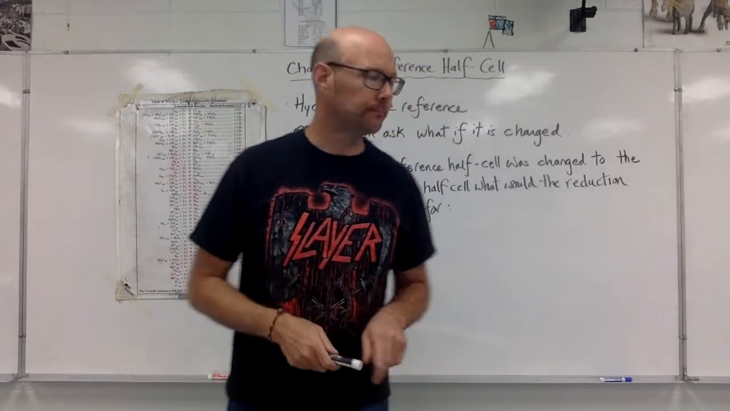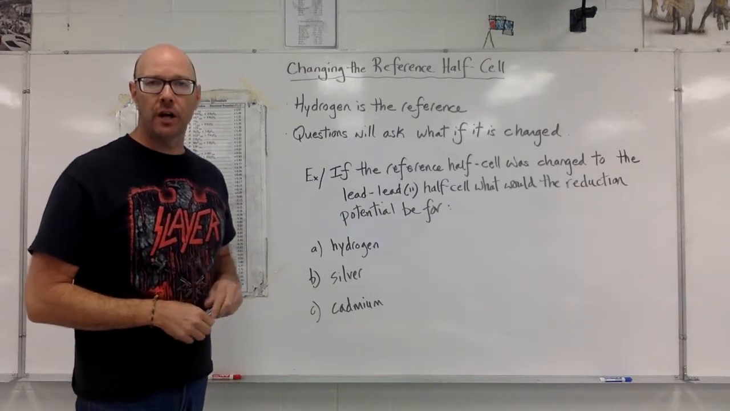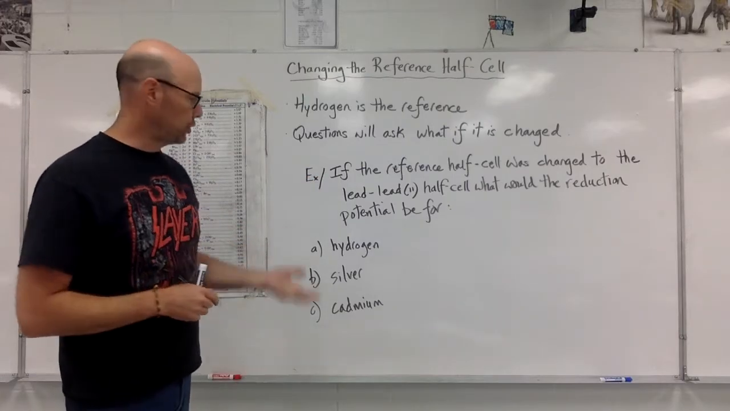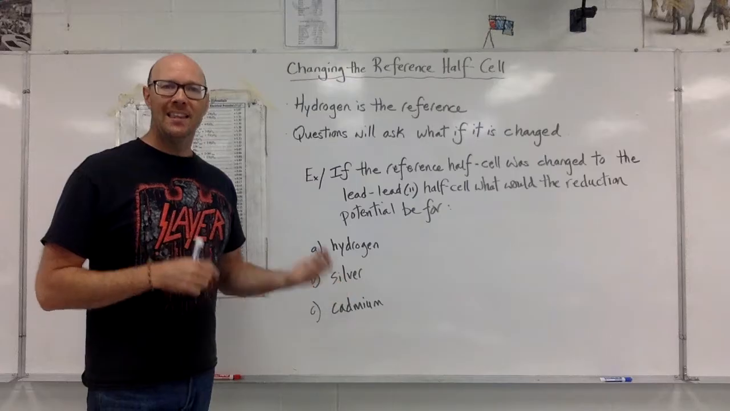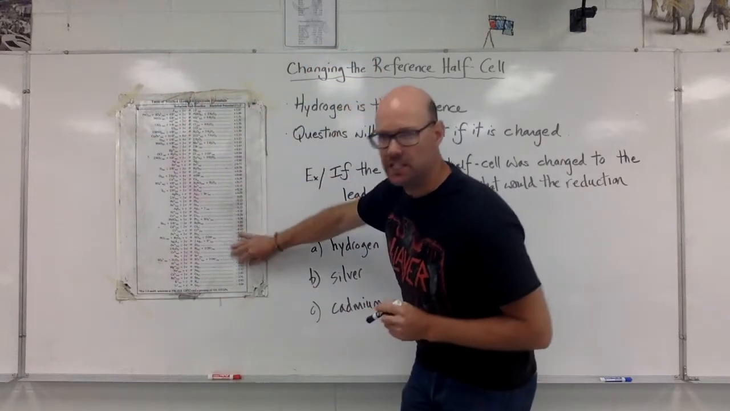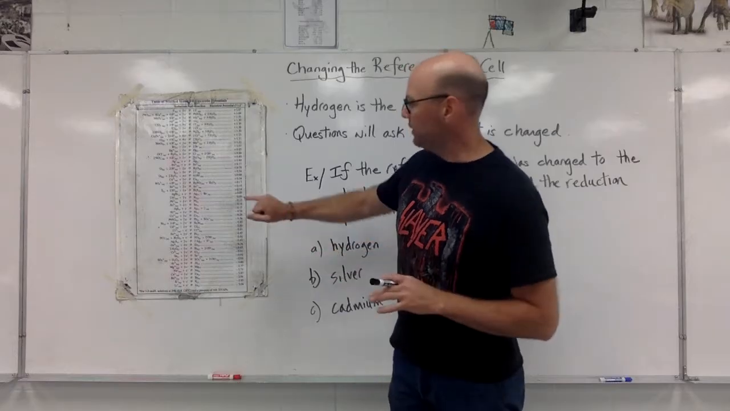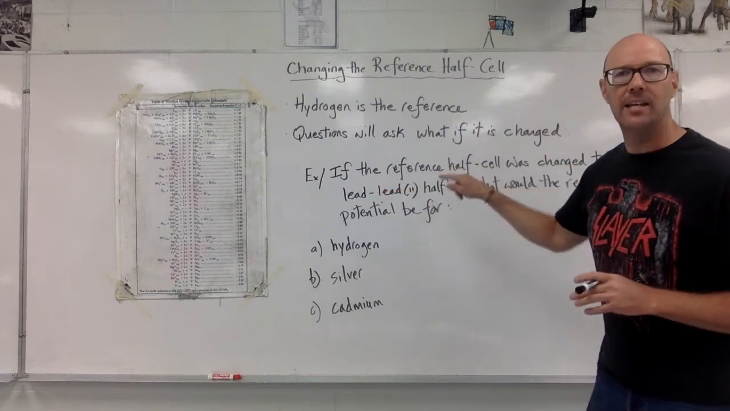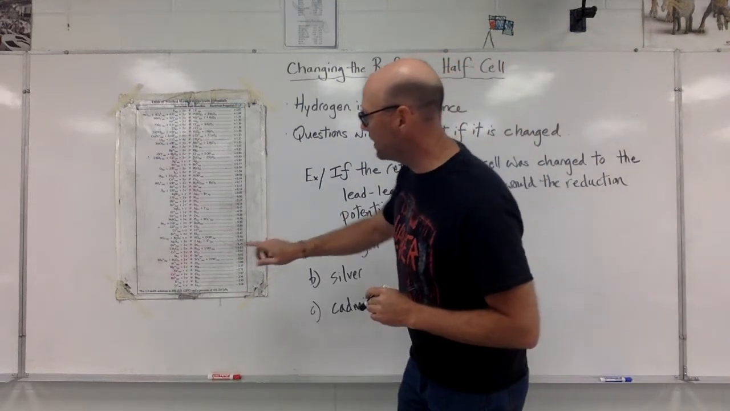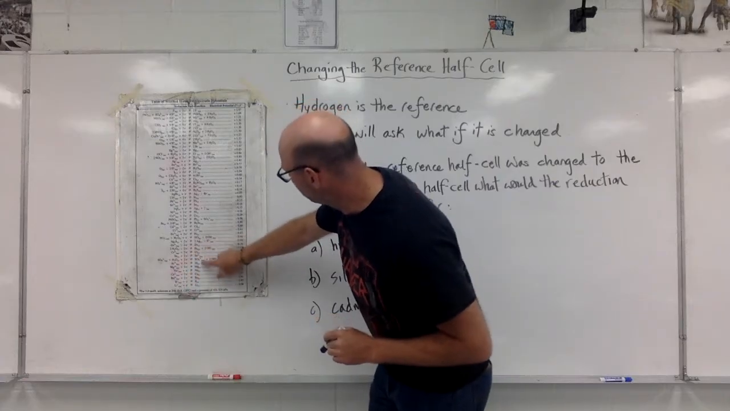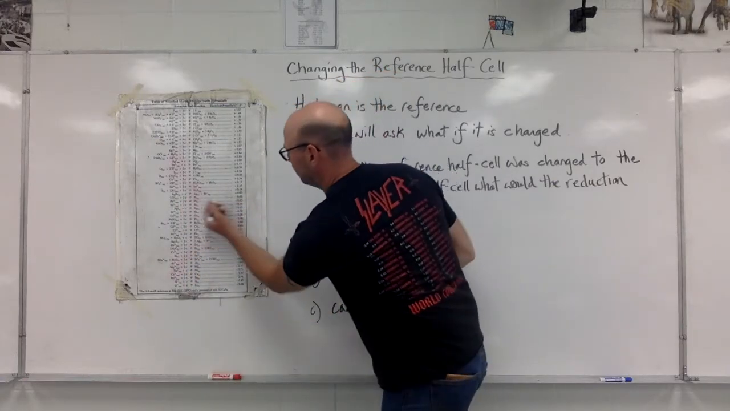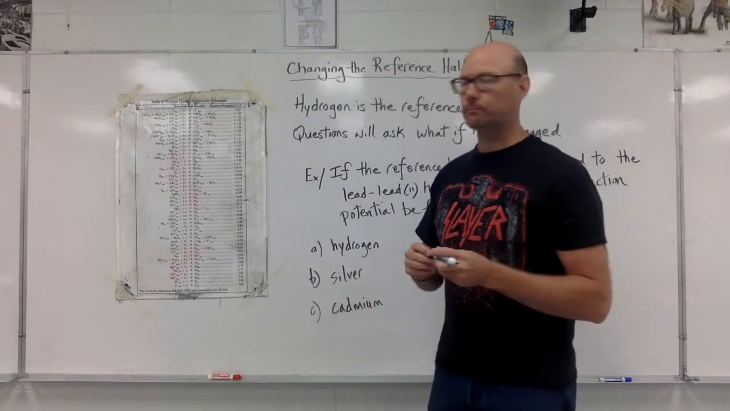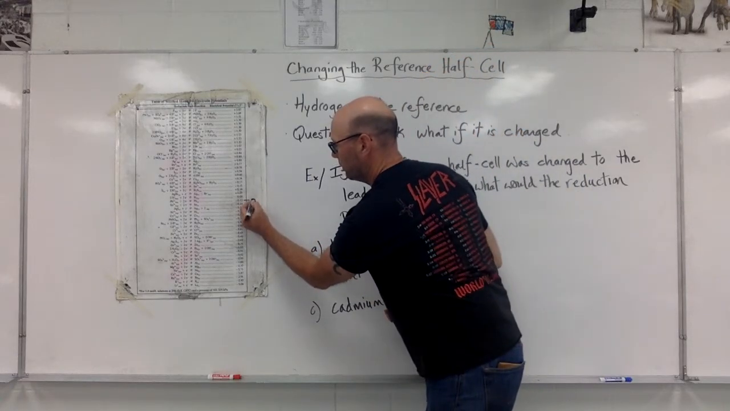So here's an example. If the reference half cell was changed to a lead-2 half cell, what would be the reduction potential for hydrogen, silver, and cadmium? This is saying, keeping the distance between all of these numbers intact, what if instead of hydrogen being 0 on the table, what if 0 was the lead-2 half cell? I'm going to find that line. The lead-2 half cell is right here. It's the line right below the hydrogen. So if that was 0,